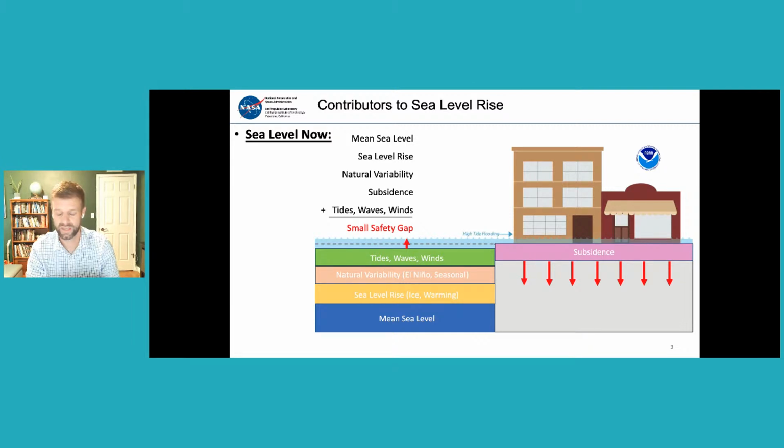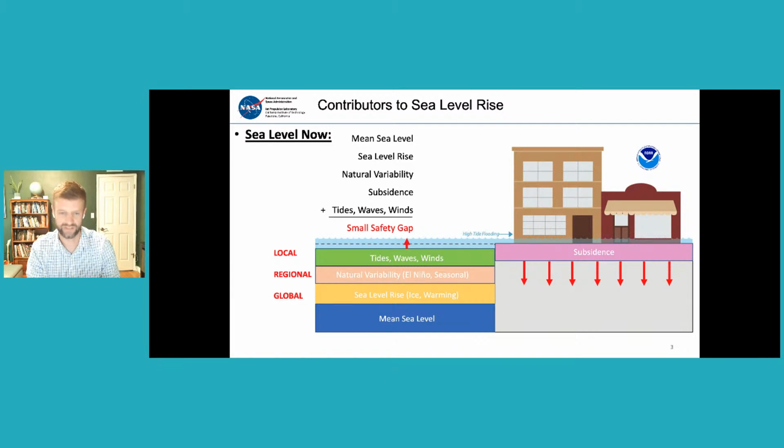serious problem. And you also have what I'm calling here land subsidence. So as the ocean is moving up in some locations, you also have the land moving down, and this can really serve to make these problems worse that we're seeing with sea level rise. And it's important to understand how the scales on which these processes vary, because that really is key in our observations that NASA uses to understand sea level rise and climate change.